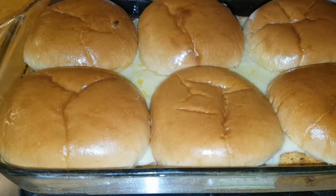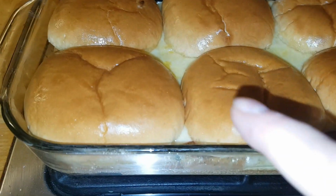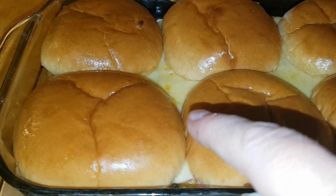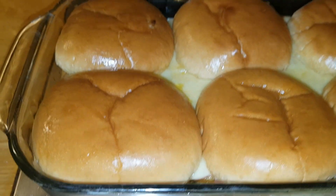Then I put across the top some slices of ham and some sliced cheese. I put the tops of the buns on, or the rolls, across the top, and then I brushed those with a little bit of melted butter, and I popped it back in the oven for about 7 or 8 minutes